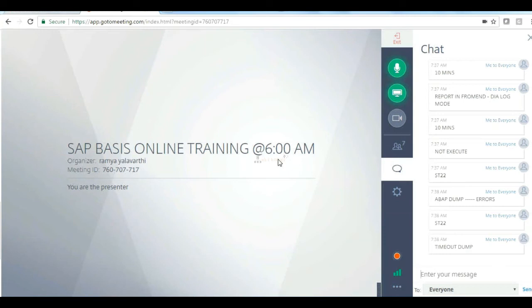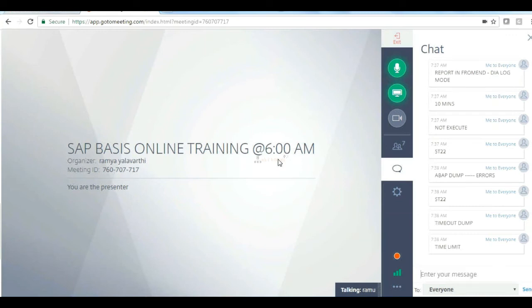So to avoid this, what do I need to do? I need to increase my time limit, right? This time limit I can increase. What is my default? 600 seconds. So this I can increase to 1200 seconds, then my program will execute successfully within the time limit. This is a dynamic parameter. We have to increase this time limit, to 1000 seconds.